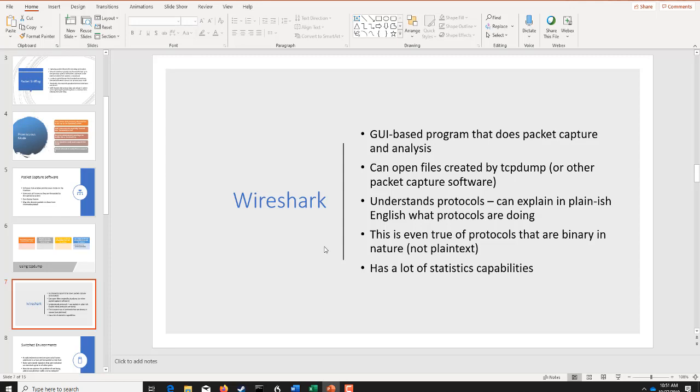It has a lot of statistics capability. It allows you to massage the data that you collect greatly. It has a lot of filters to help you with network troubleshooting. I love using Wireshark when there's a network problem, because if I can get to the source of the data and analyze it, I can use Wireshark for that analysis. I can capture data over a period of time and then go back and look at it at my leisure. It's a very powerful program, and all network engineers and system administrators really need to know and understand how to